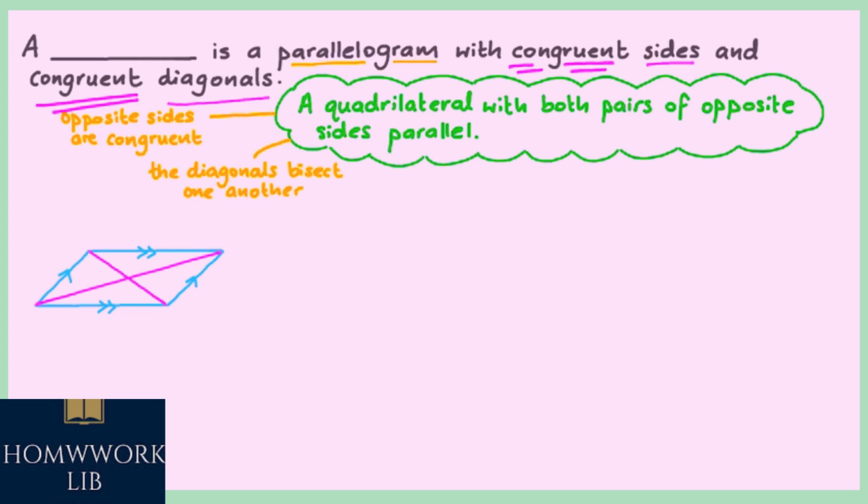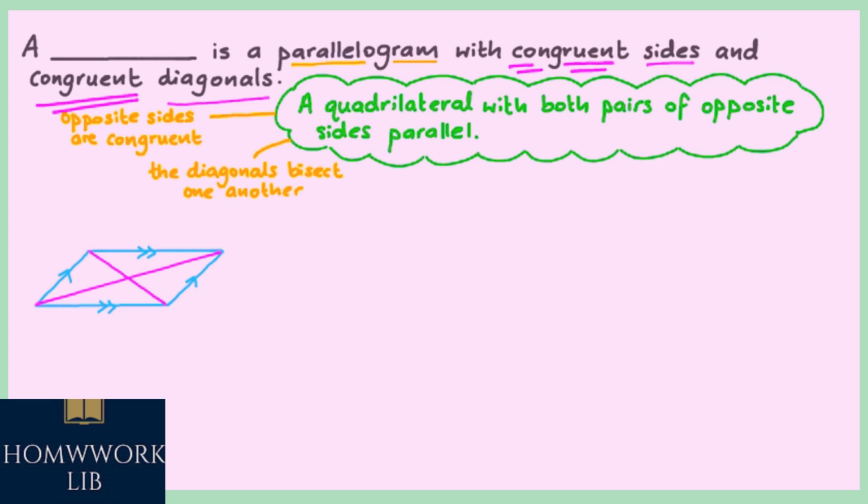However, not every parallelogram has congruent sides or congruent diagonals. We can see, for example, that neither of these properties is true for the parallelogram drawn here. So the answer for this question will be a different type of quadrilateral that could also be described as a